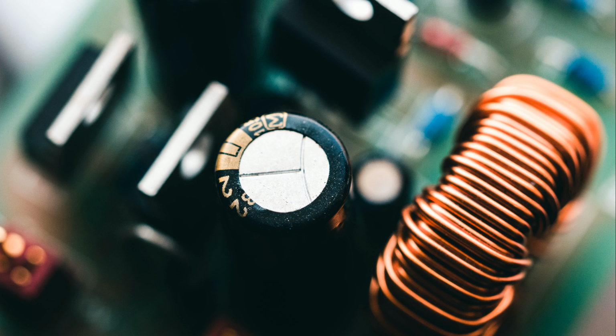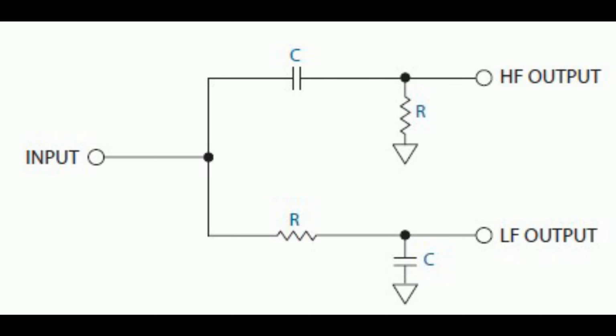Direct current, think of it as zero frequency, will not pass at all, while at the other end of the spectrum very high frequencies will not be absorbed and capacitors will act like a piece of wire. The diagram shows such a crossover network. By interchanging the positions of the resistor and capacitor, low-pass and high-pass filters can be obtained.